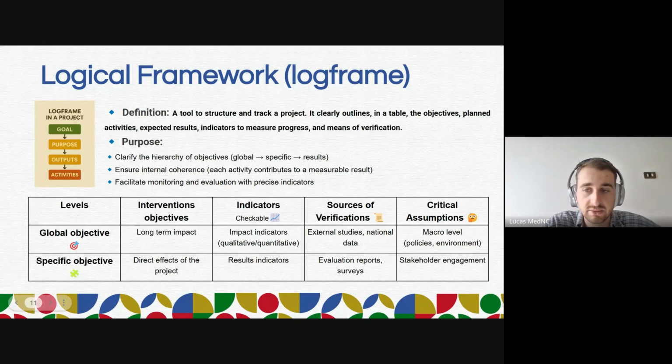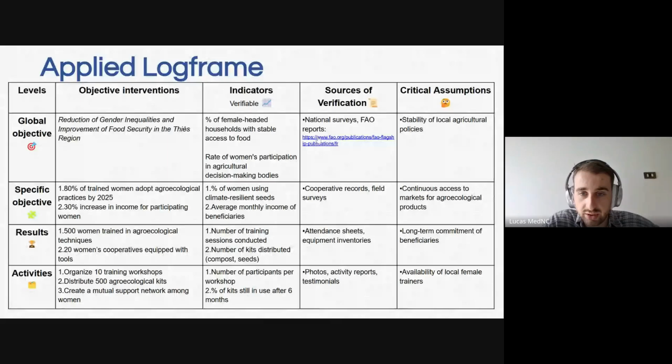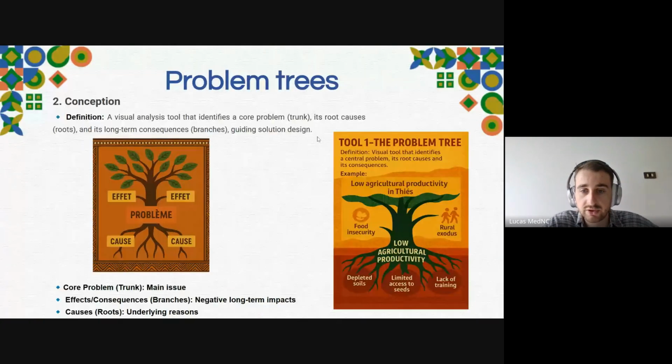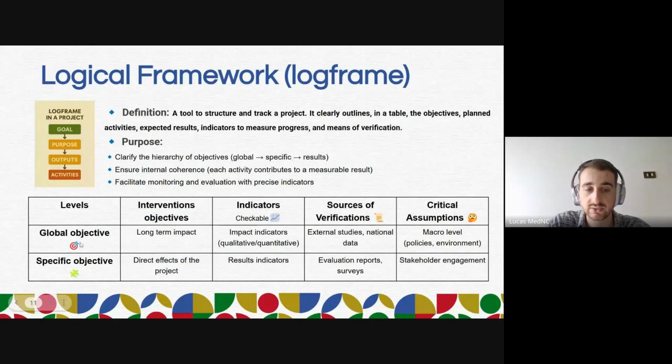It seems hard, but it's not that hard, to be honest. The first one is the global objective. When we were talking about the main problem, the global objective has to answer the main problem. I will show you an example just after.